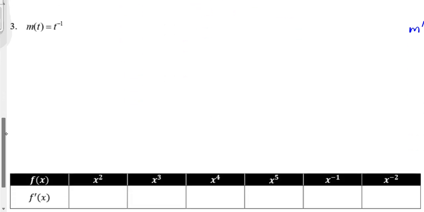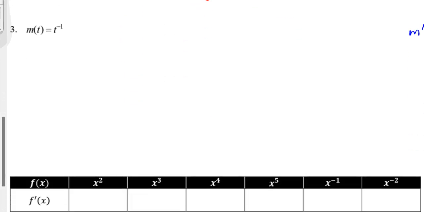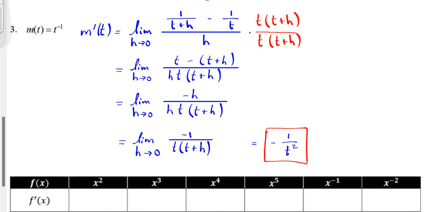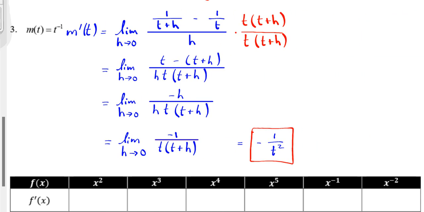All right. For number three, here's my work. So I get negative 1 over t squared. Questions on this one? Okay, some of you are still writing some of this down. I'm going to go on to fill in this table at the bottom of the page here with derivatives that